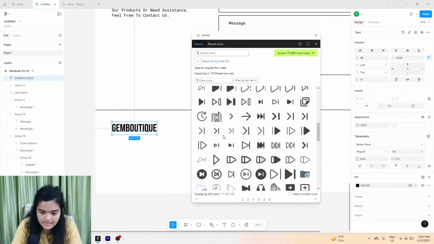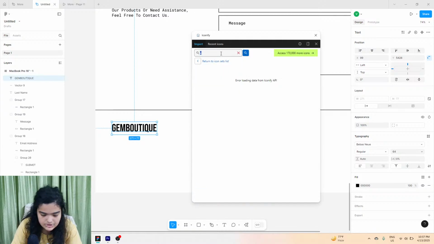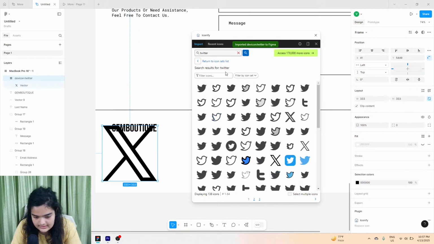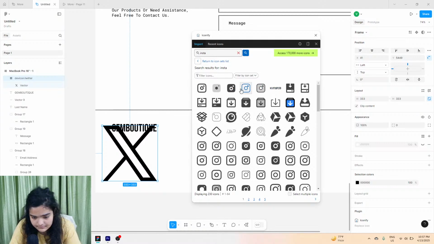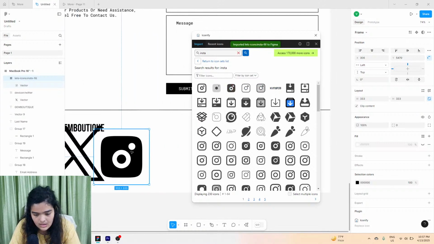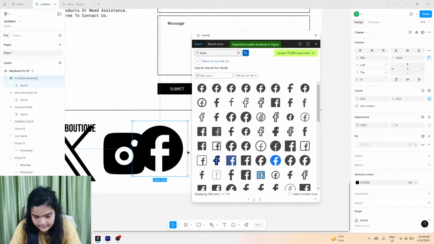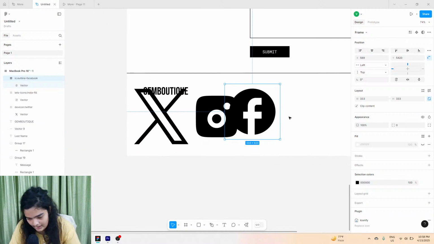for Iconify, and then we're going to search for social icons. Let's just search for X. Let's just search for Twitter because I feel like it's still having a large time searching for X, and then we're going to search for Instagram, and then we're also going to search for Facebook for some reason. Facebook. All right, now that we have all of these at once,